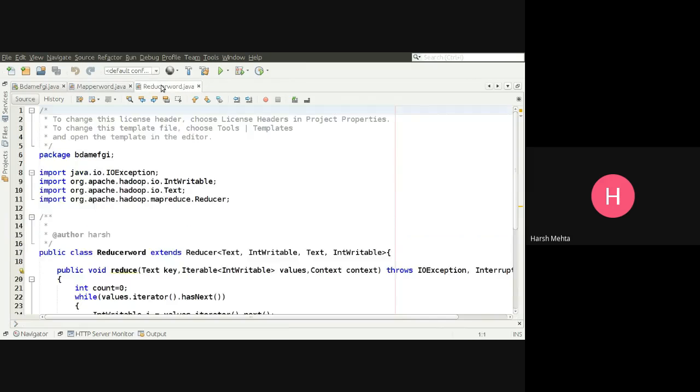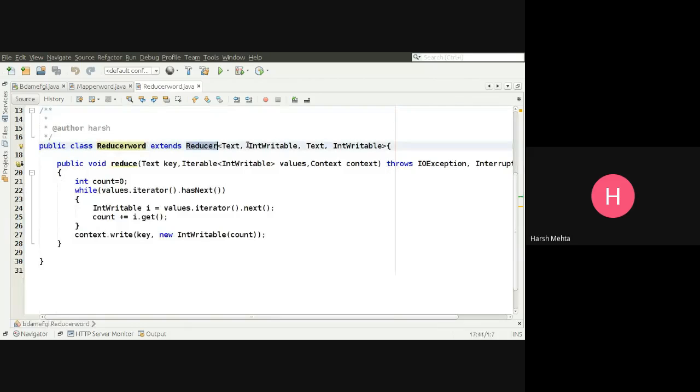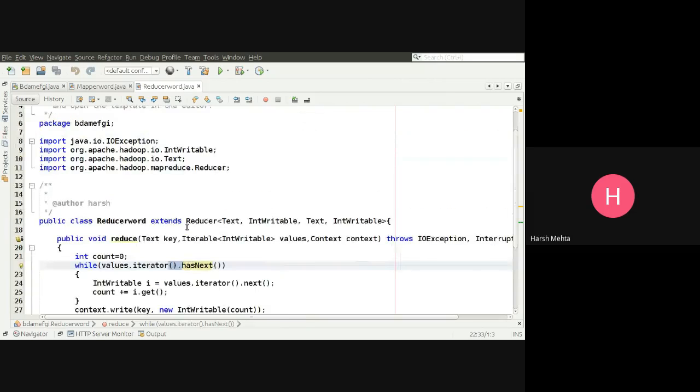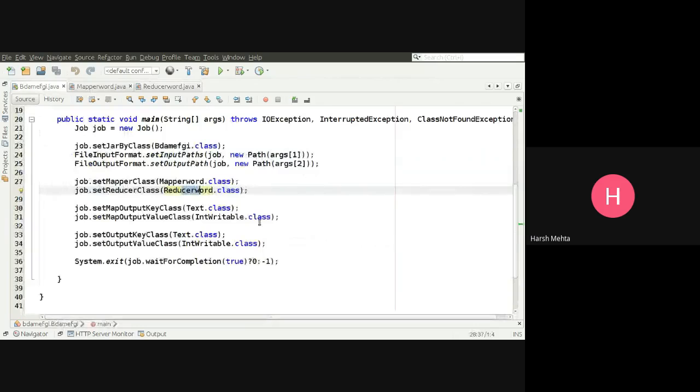And the reducer takes some text again from the mapper, processes it, and combines the output. All these things we have to write in the mapper class as well as the reducer class.